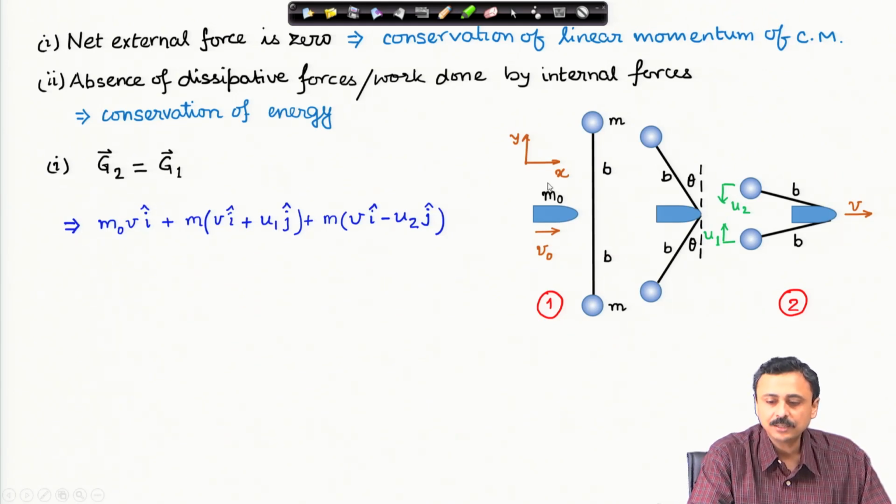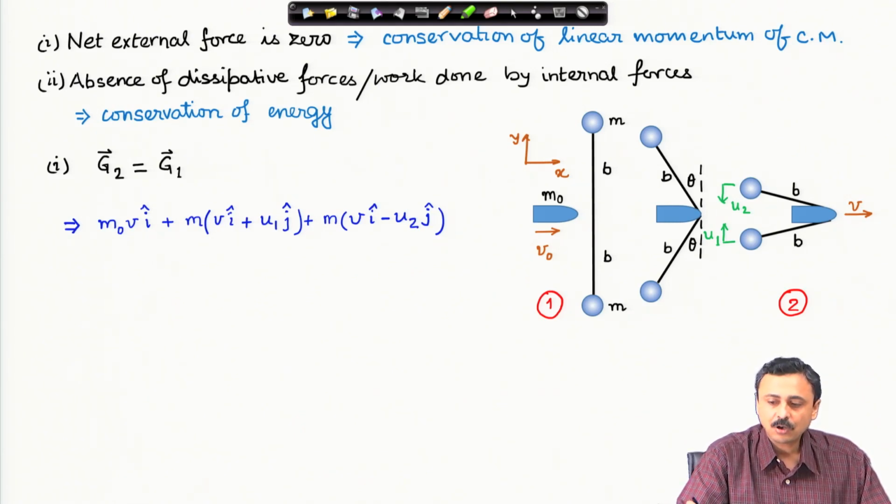Now, I am using the coordinate system shown here, x y. The whole motion of m naught was taking place in the x direction. Therefore, its linear momentum in the final state when theta approaches 90 degrees is m naught v i cap